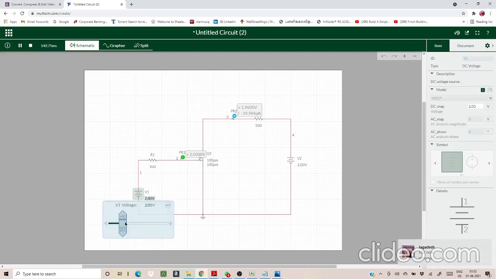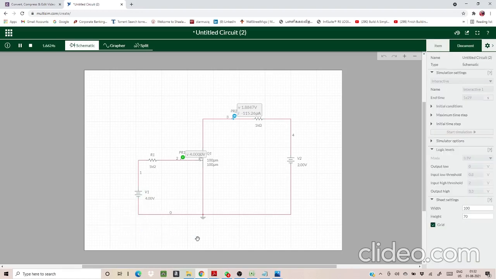Okay. Now you must set this VGS to 4 volt. Now just increase this value to 4 volt. As you can see, the current is already changed. So 115.26 microamp.